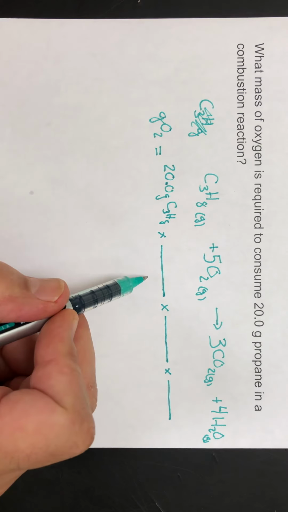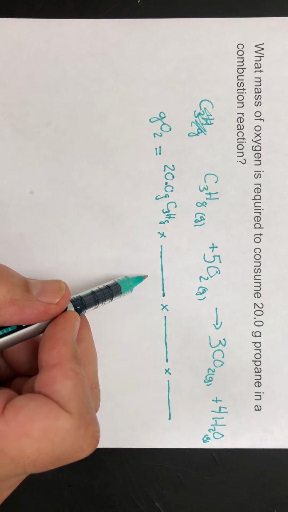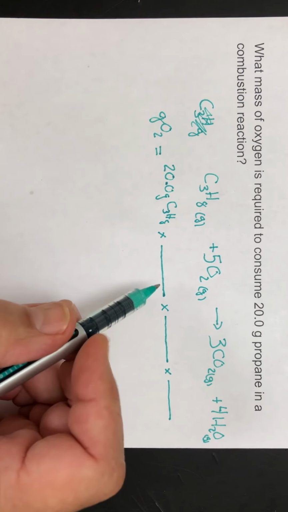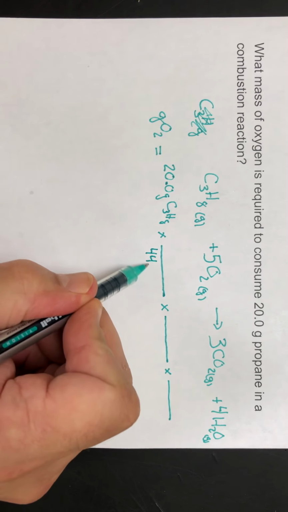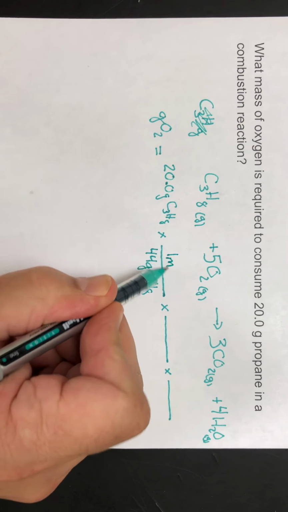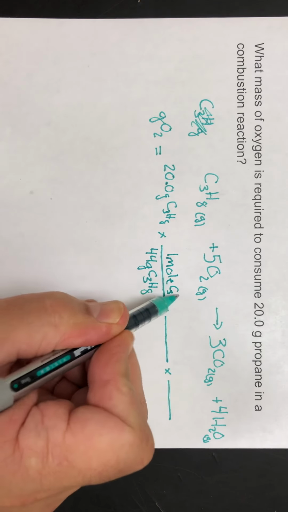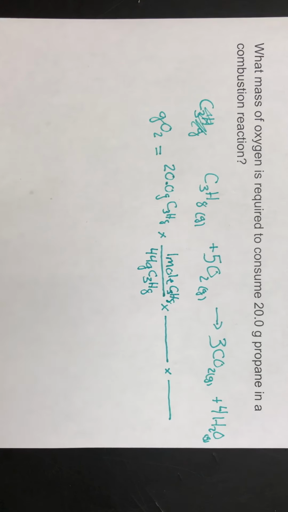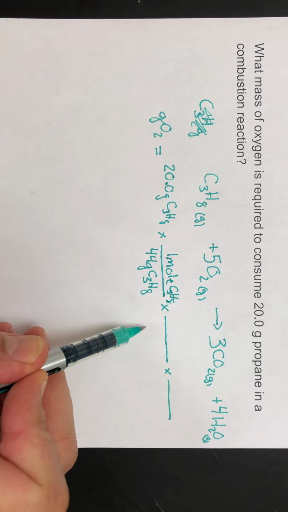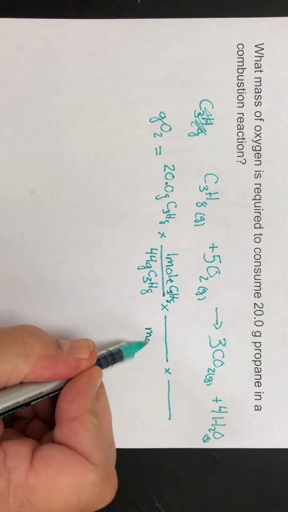Grams of propane has got to come down here. I'm going to go to the periodic table and add up 3 carbons. 12 times 3 plus 8 hydrogens is 44. 44 grams of propane is the equivalent of 1 mole of propane. I don't have a mole of propane, all right? I have less than a mole, but I still need to convert into moles so I can use the balanced equation. This unit then comes down to the bottom, and I'm going to say moles of propane,